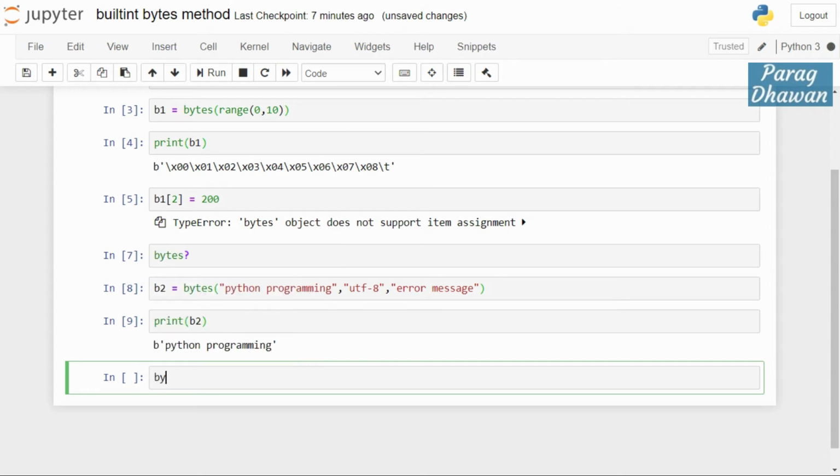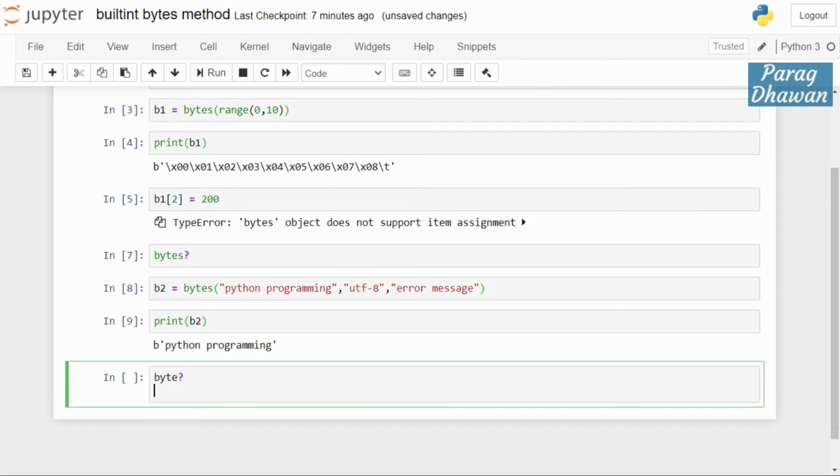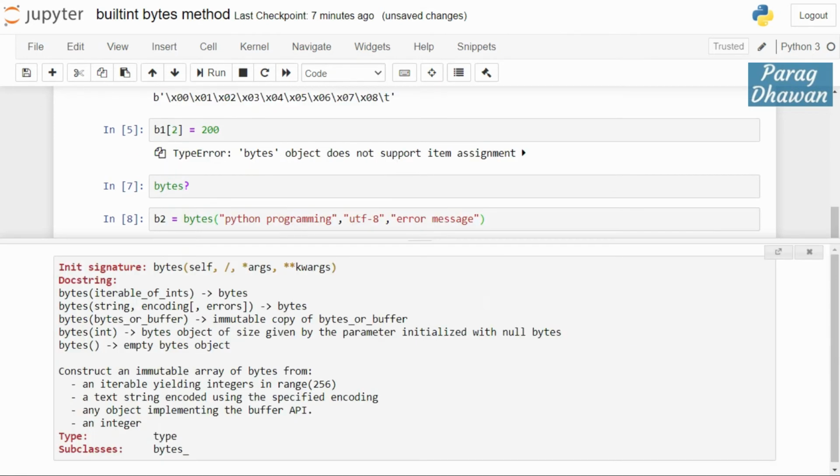The third syntax for creation of bytes is bytes, shift enter. You can create bytes using a buffer object API. This means you already have a buffer of bytes and you create a new bytes object for storing that buffer of bytes.